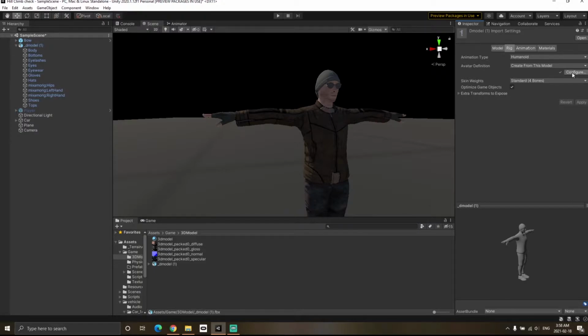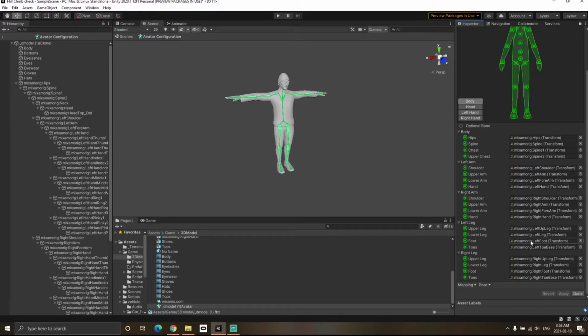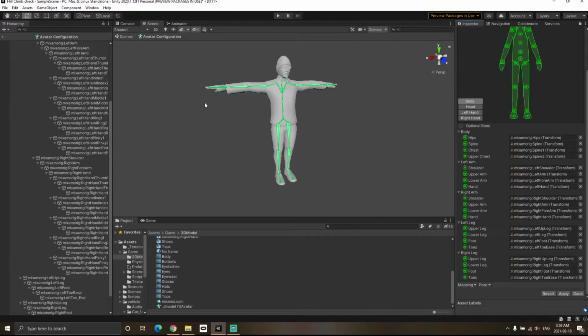In that case, you might have to go to this configure button over here. So if I click on the configure button, you will see we are in a totally different scene and Unity is going to show you all the bone structure over here, or the bone transforms. Now my character is currently in T-pose, which is the correct pose, but in many cases it's possible that the character which you import is not in T-pose, and that creates animation related issues.